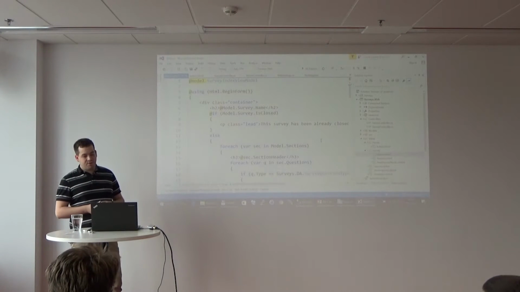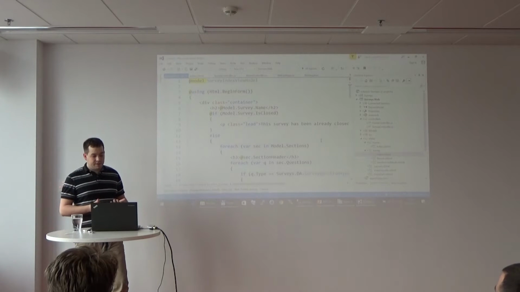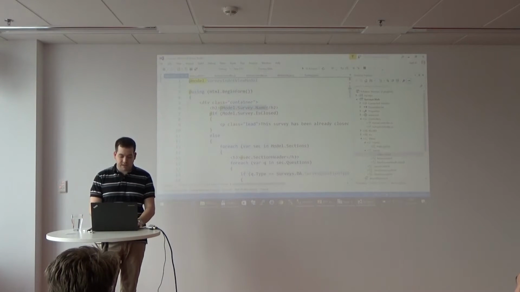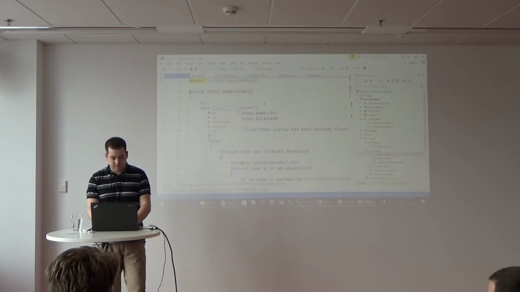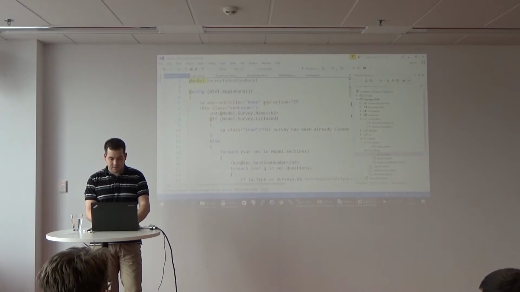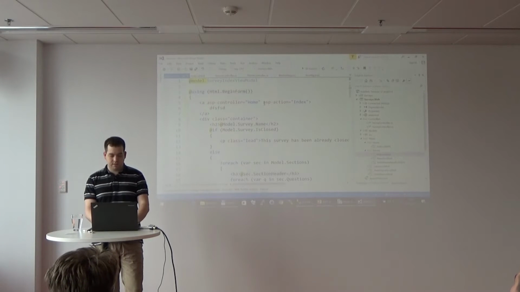They added something called tag helpers, where instead of Html.ActionLink and things like that, you can use something like this if you want to create a link.